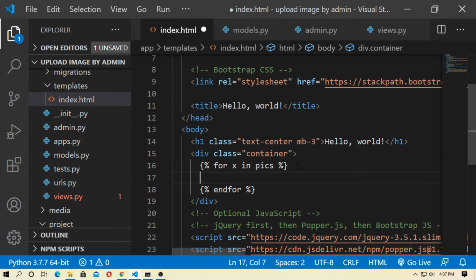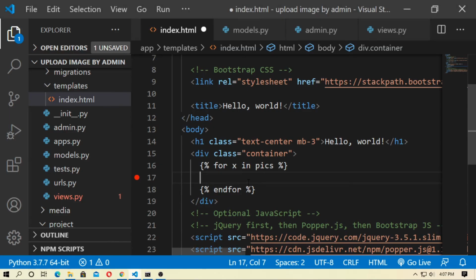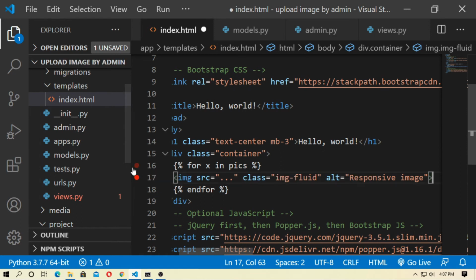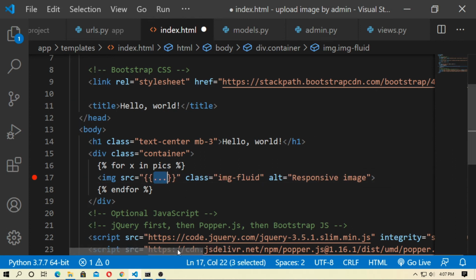Now go to Bootstrap. Here is a responsive image, so you can copy it and paste here. And the source of the image is what? This is the URL of the image.